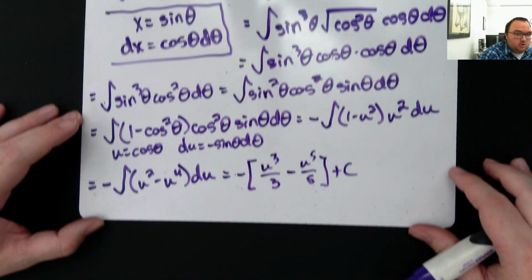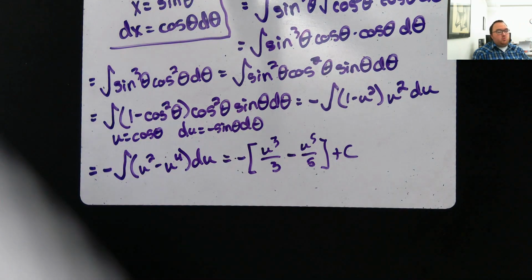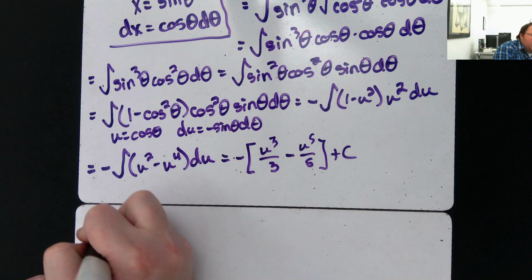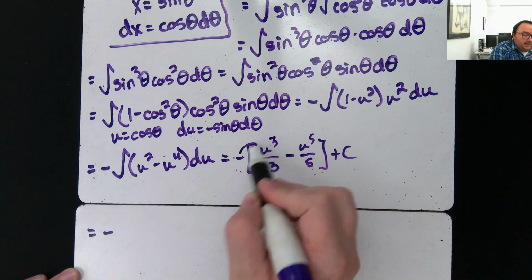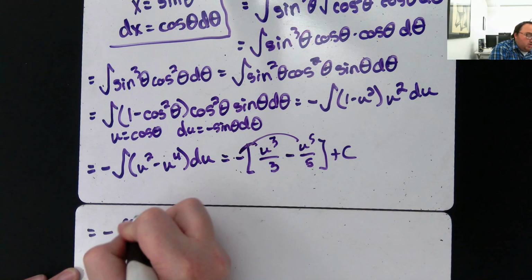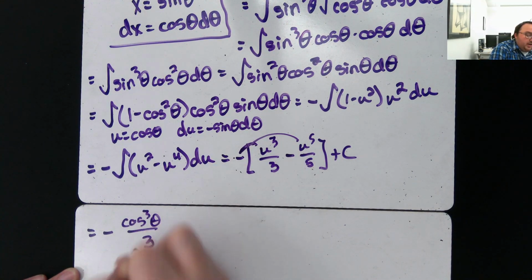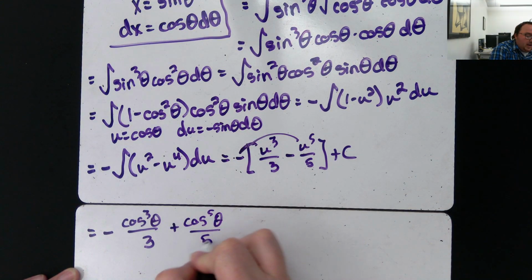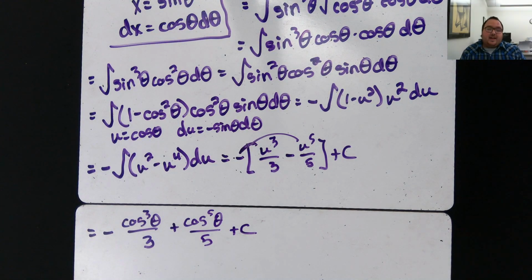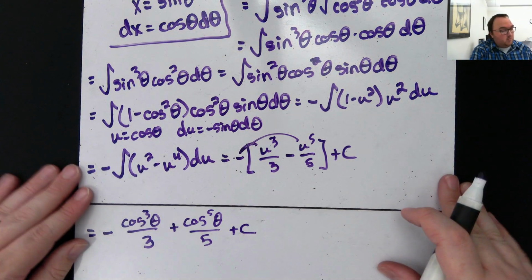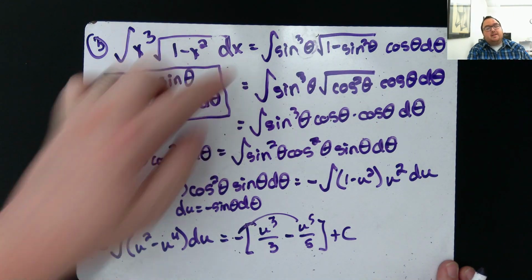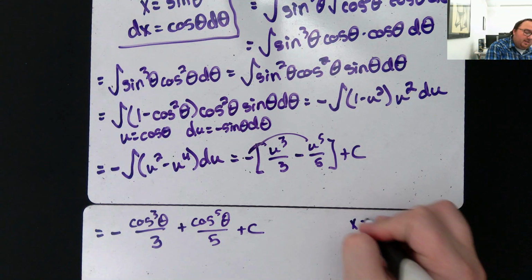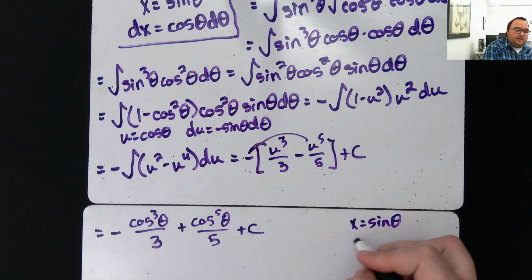This is a u, so I need to plug back in what I said the u was. We said right here u is equal to cosine. So this means it's going to be negative, distribute the minus sign, negative cosine cubed theta over 3, minus would make it plus cosine to the 5th theta over 5 plus c. But I still can't stop there because the original problem was in dx, which means I need this in terms of an x. We know x is equal to sine, which I could write as x over 1,